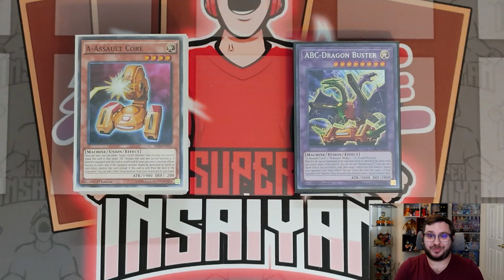What's going on YouTube? Super Insane 18 here, and the ban list just dropped, which unfortunately makes yesterday's ABC deck profile a little bit irrelevant, especially the combo that I showed you guys at the end, because it was revolving around DPE and Verte Anaconda. So without those, we do have to update the deck, but thankfully I came prepared, as I did have this